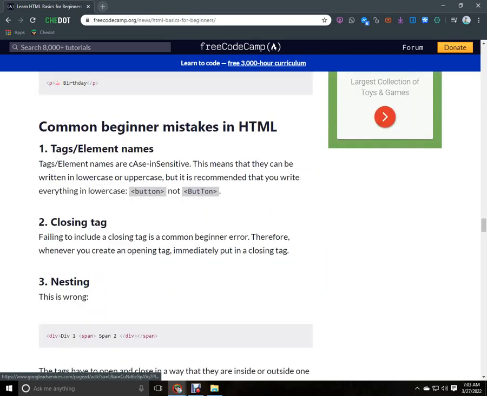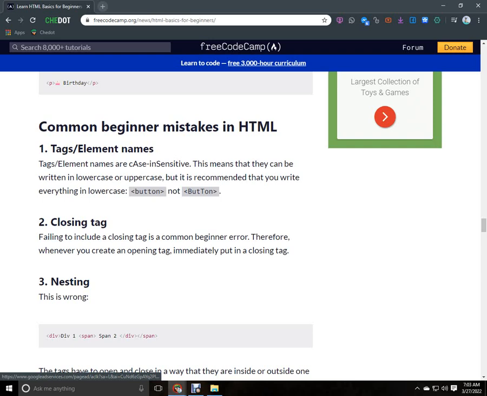Common beginner mistakes in HTML. If you are a beginner, there are common mistakes that beginners make in HTML, so be very careful. Tag and element names are case insensitive.